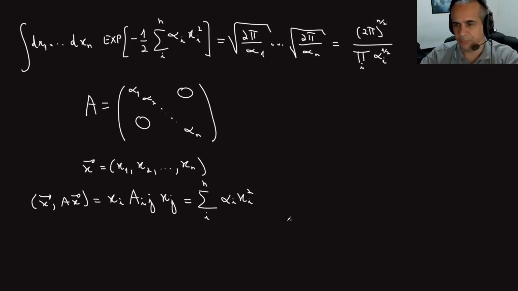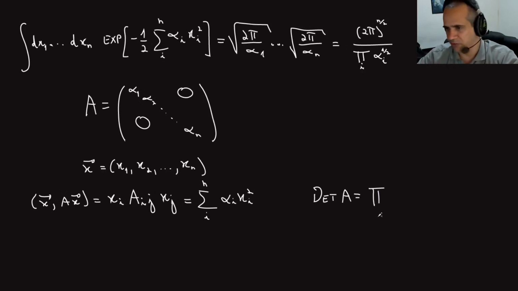So that is good. Also, the determinant of this matrix, since this is just a diagonal matrix, is just the product of the alphas. So this is just this product, almost. I mean, this is not the square root, but it is the determinant of this product, alpha_i. So written in terms of that, I can just write these general,